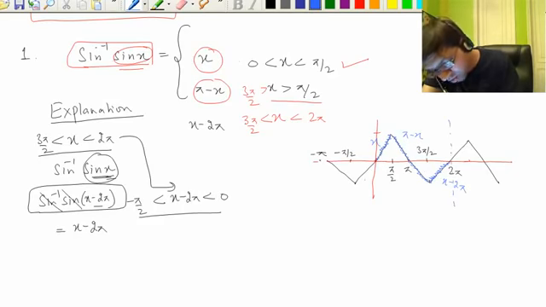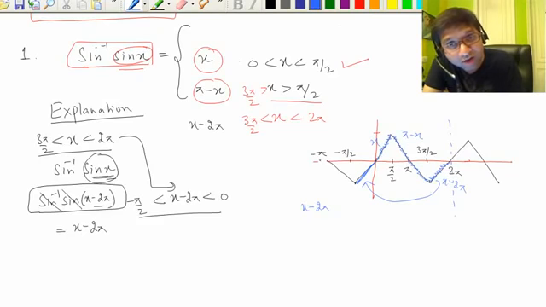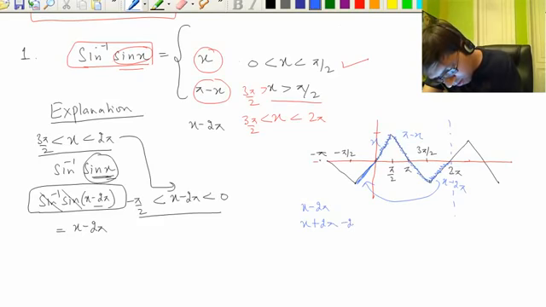There is no need to find the definition for other intervals, because if you want to find the definition of this segment between minus pi by 2 and 0, there is no need to learn it. You can do it on the fly. Just need to learn this graph. This section is a shifted version of this, 2 pi left. So start from the definition x minus 2 pi, and we have to shift it 2 pi units left. Shifting left means replace x by x plus 2 pi. So replace x by x plus 2 pi, minus 2 pi cancels out. This definition is x.